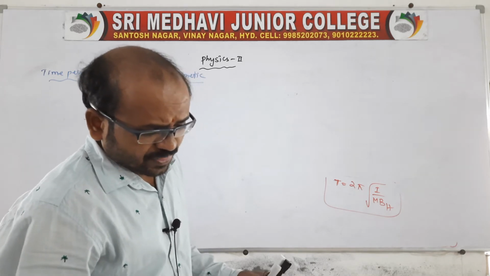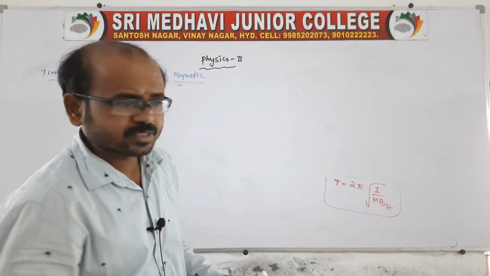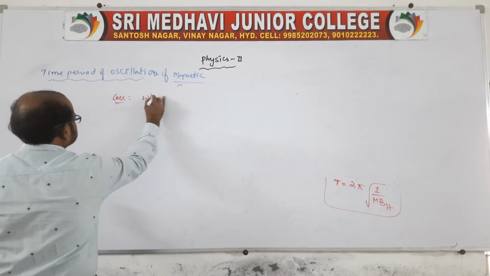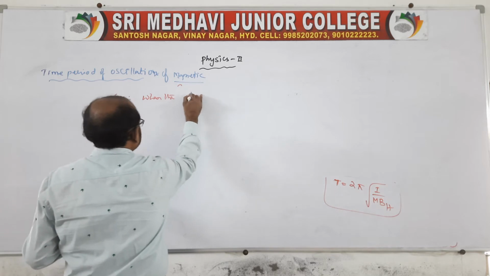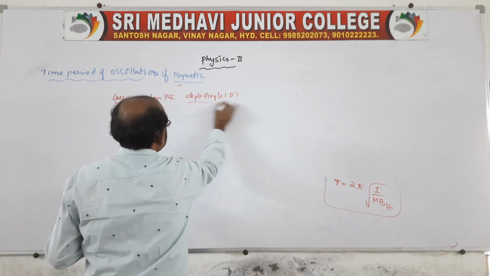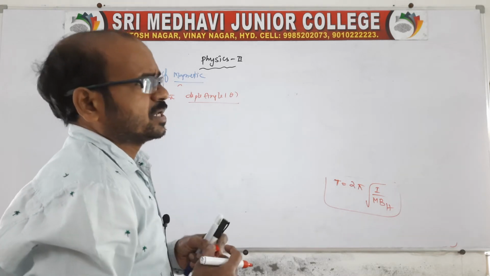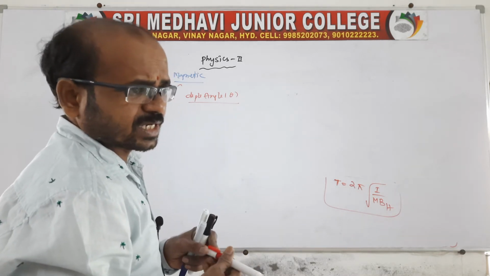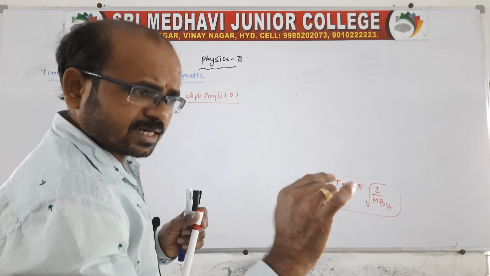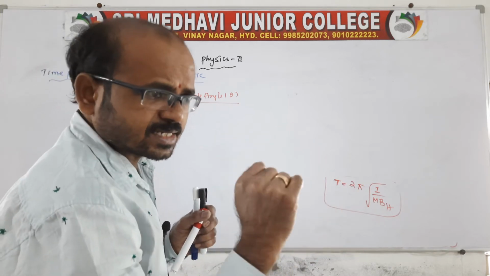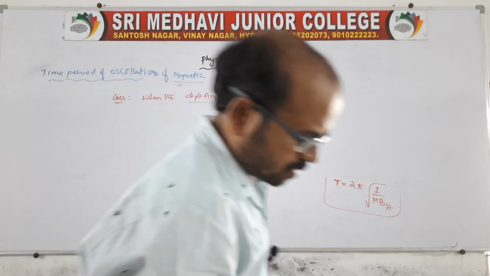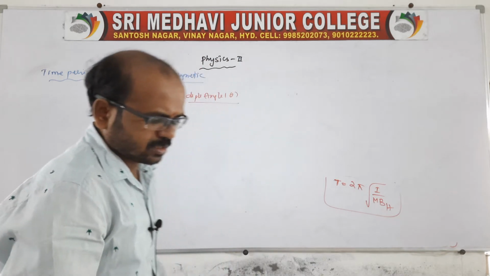When the dip angle theta is given, suppose there is one case, when the dip angle, I'll tell you again, dip angle theta, so that the magnet is suspended in the uniform magnetic field, that is the horizontal component of earth's magnetic field. Therefore the magnetic axis makes an angle theta with the direction of BH, the angle which we can call the dip angle, right?